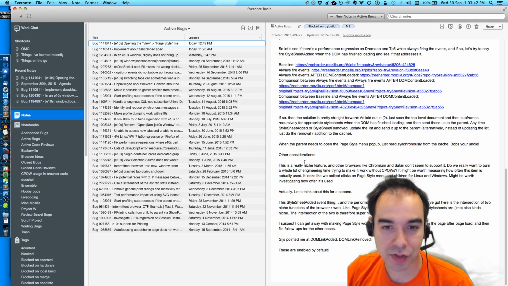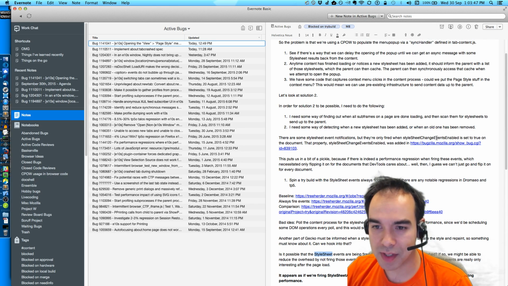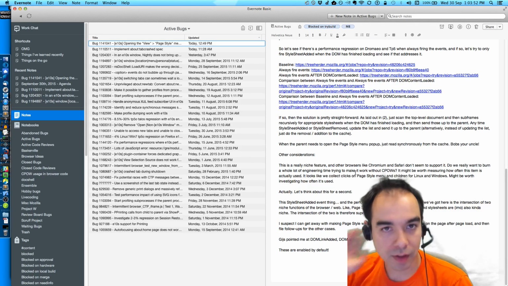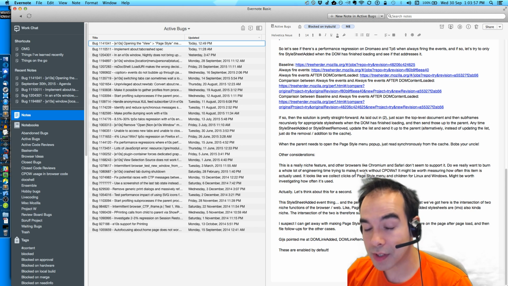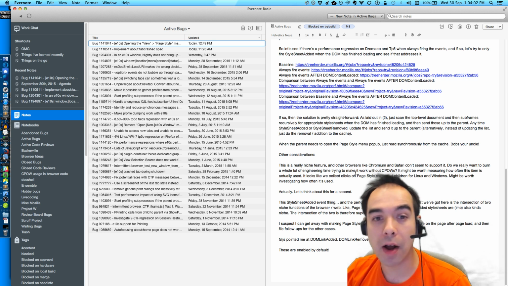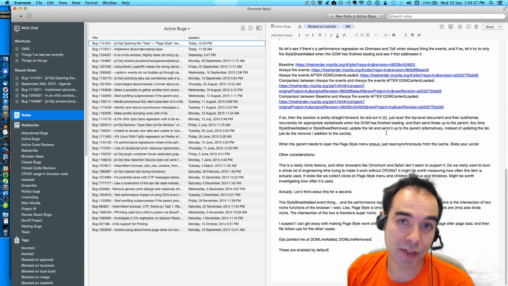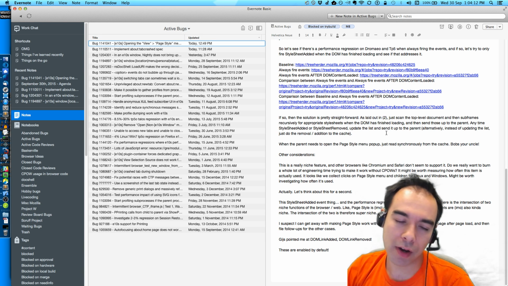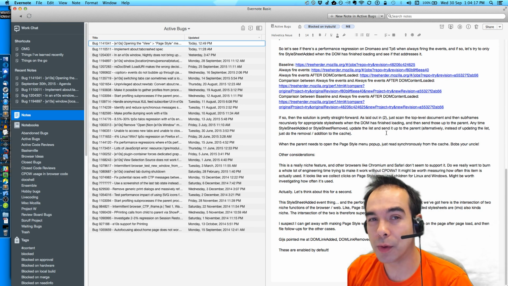And so I had found these two events, the style sheet added and style sheet change events is what they're called. But they were disabled by default. I think they were originally supposed to be used for dev tools, but no one was actually using them. So I turned them on. It turns out whenever I flip them on permanently, they cause some performance regressions. I wasn't sure why that was, and I thought about it a bit, and I eventually started to bail on this idea of doing the caching.